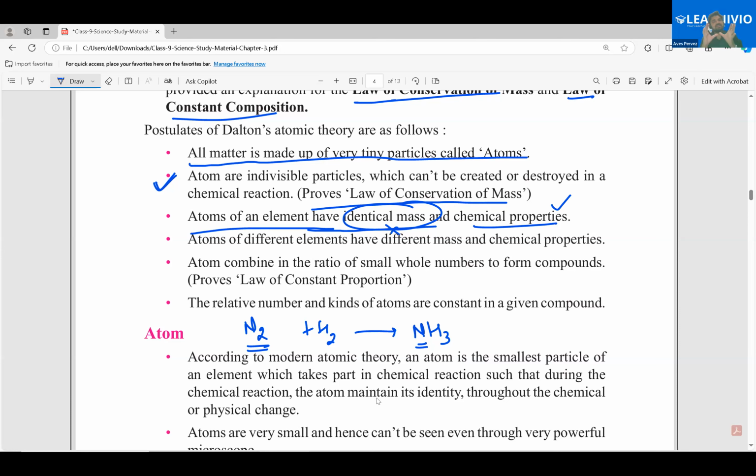So what does the third postulate say? That atoms of an element, come to this point here, and it is talking about a type. In the same type of element, they have same mass and same chemical property. So what we can write here is that for the third postulate, atoms of same elements,